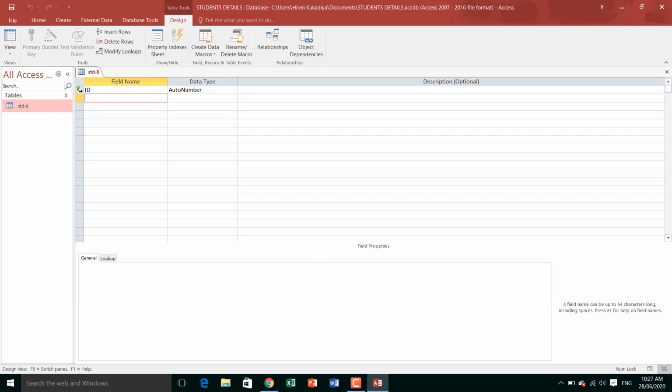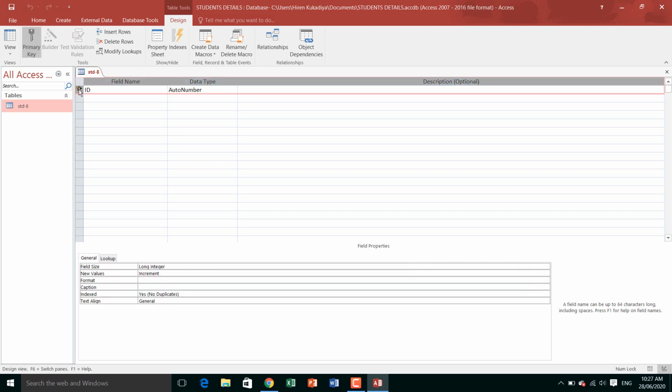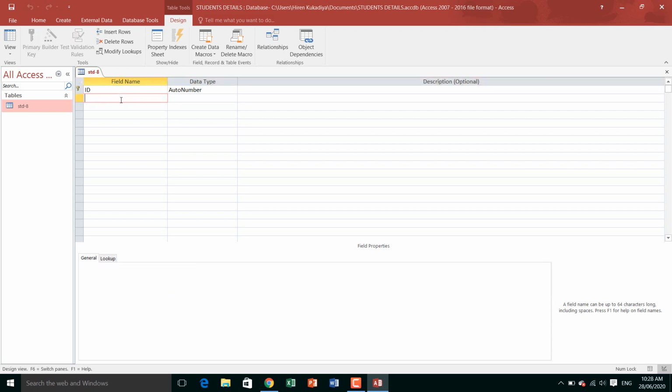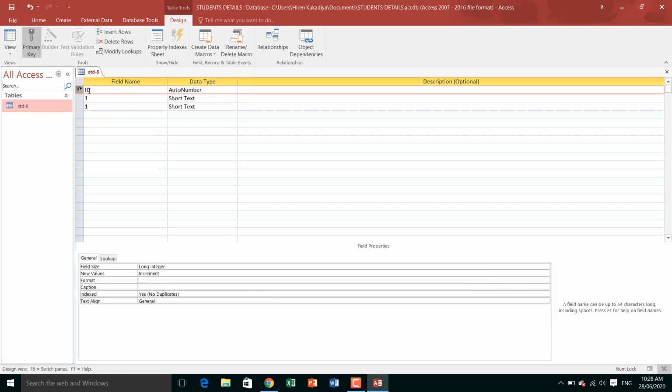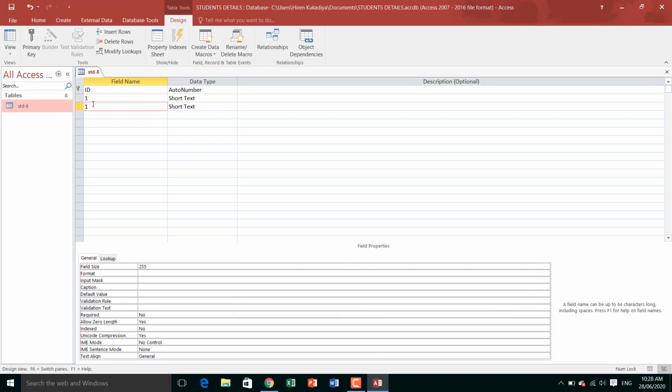Here in the fields, see this key, this is the primary key. The use of the primary key is that you cannot enter a duplicate value, meaning you can only enter a unique record. Suppose I am using ID as a number and I am number 1, then I cannot enter number 1 again. Currently the primary key is not given, so we are entering it.